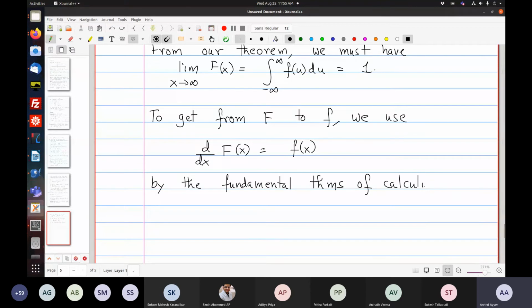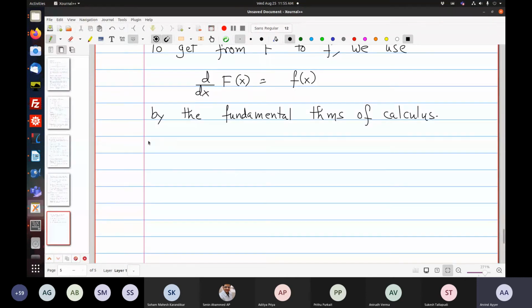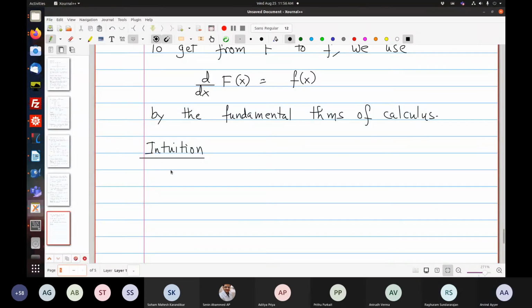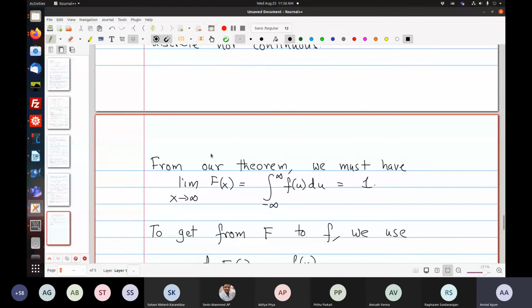So if I give you the CDF, it has to necessarily be differentiable. Don't ask me why the derivative exists. It exists because capital F is the integral of some function, therefore we can differentiate. I'm almost out of time. Let me tell you what the intuition should be. Doesn't that require small f to be continuous to apply the fundamental theorem of calculus? Piecewise continuous, I mean, finitely many, or countably many discontinuities is okay.